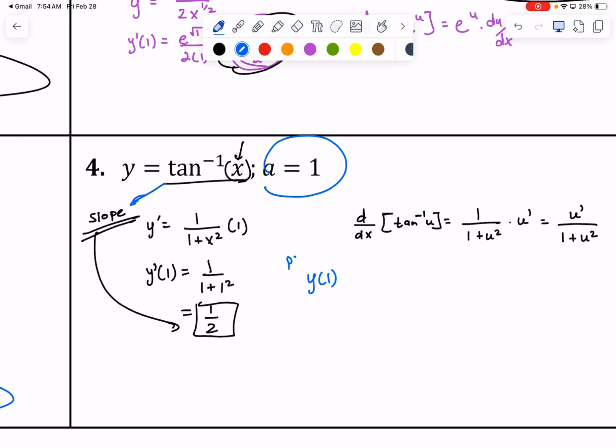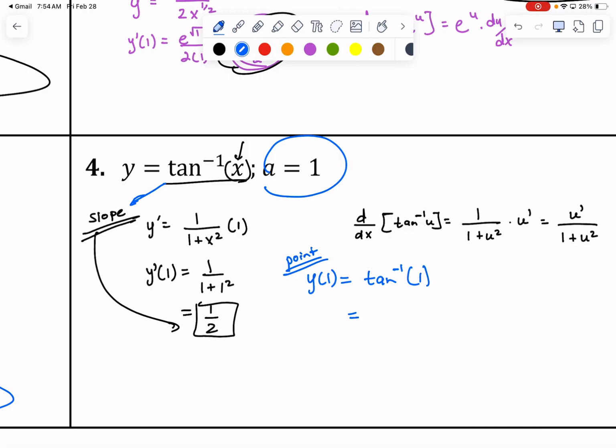So our point, we're plugging into the original equation. This is really good. We got to do inverse tangent of 1. All right, you got to do the reverse unit circle. Inverse tangent, you got to do reverse. You need to figure out where tangent equals 1. Pi over 4. Because that's where, because remember, tangent is sine over cosine, and you need sine and cosine to be